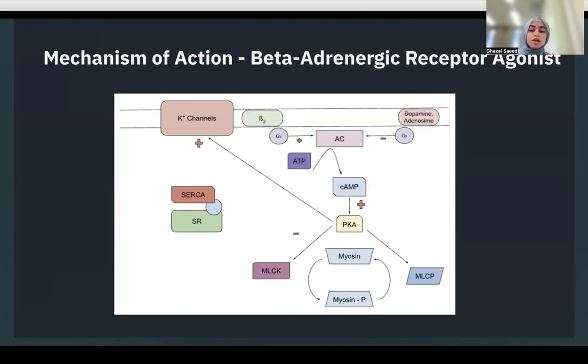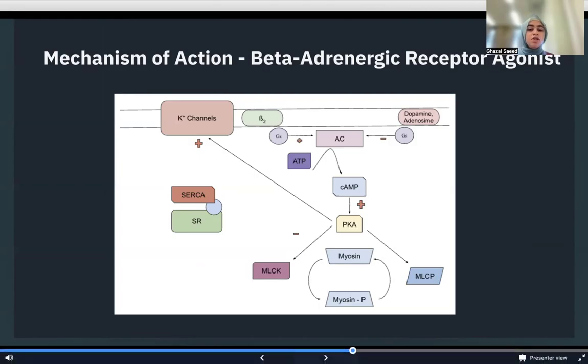myosin light chain kinase, which is MLCK, effectively inactivating it. MLCK is responsible for phosphorylating myosin light chain, which is MLC, to promote the actin-myosin cross bridge formation that is necessary for contraction initiation. As a result, the inhibition of the MLCK reduces myosin phosphorylation and prevents contraction. In addition,